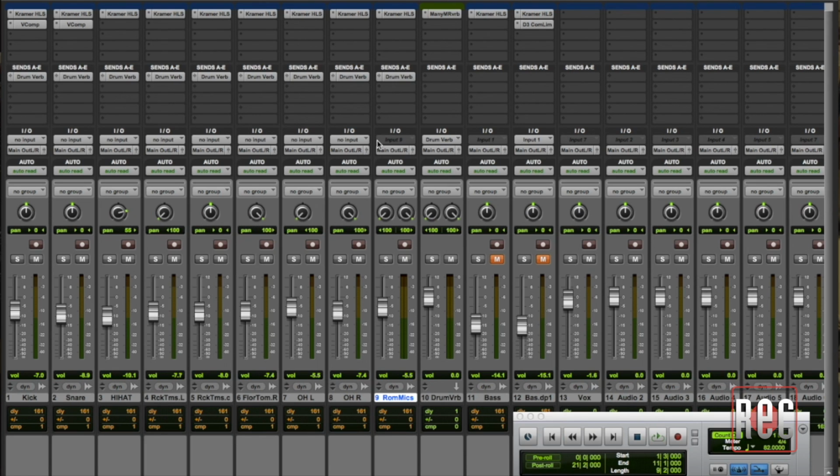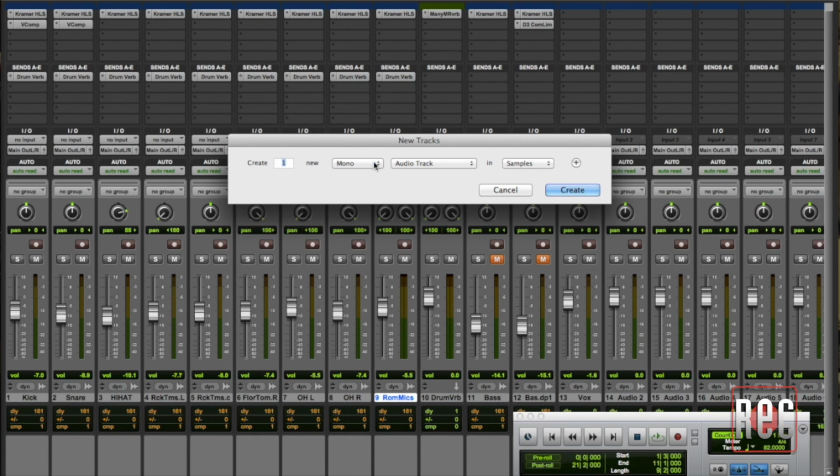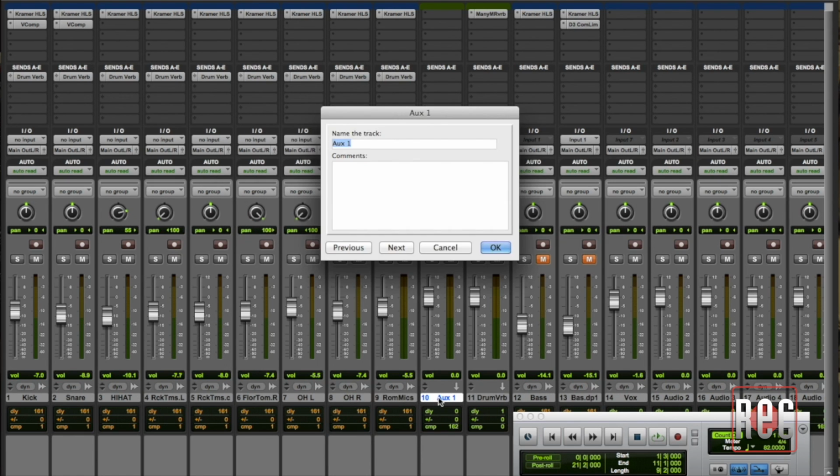So to do that, as I said, I'm going to use a bus or an aux input. And in Pro Tools, the way to do that is to hold down the Shift Command N key command to get that new track dialog. I'm going to select Stereo aux input. And I'll create that. It's created it here. I'm going to go ahead and give it a name just so it's easy to find